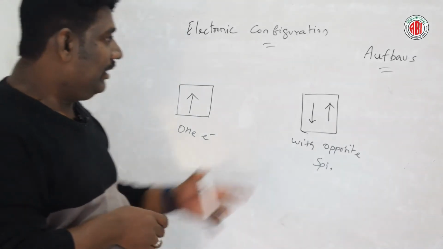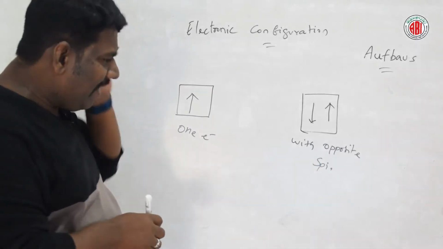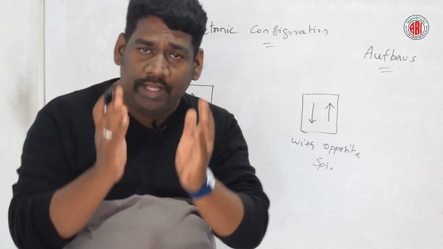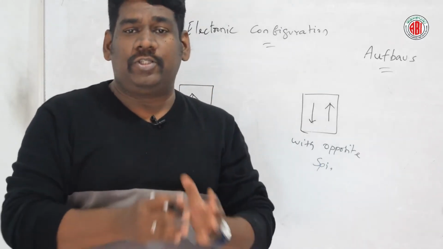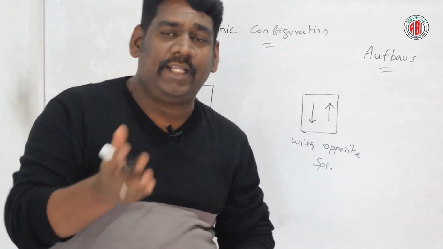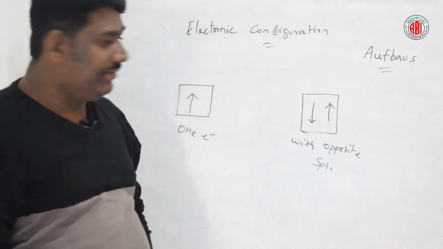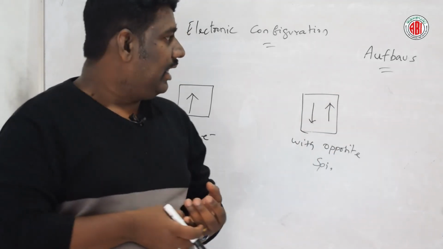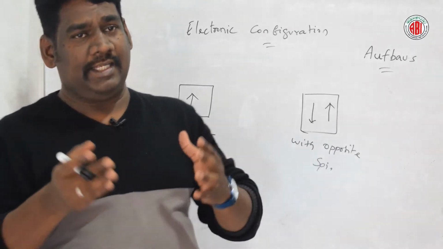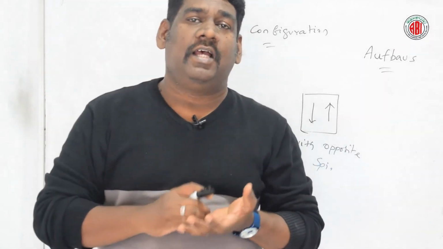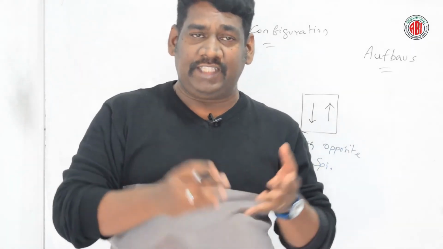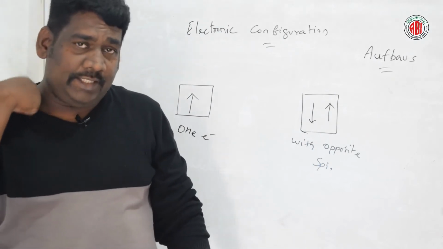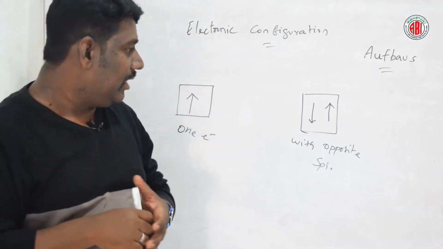So based on this principle, electrons occupy the orbitals of lower energy level in the beginning, and it should be filled thoroughly, then they can enter the higher energy level. Actually, Aufbau is a German word, and the meaning of Aufbau is building up. The building up of the orbitals, or filling up of these orbitals with the electrons, is the basic concept of this principle. From this we can understand how the electrons are accommodated in the different orbitals.